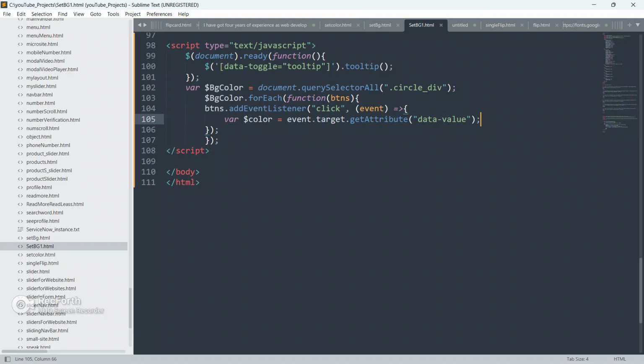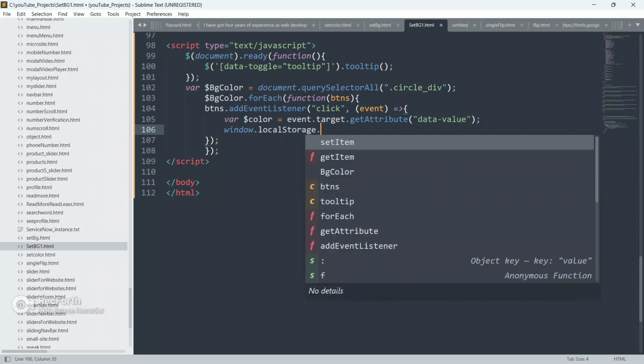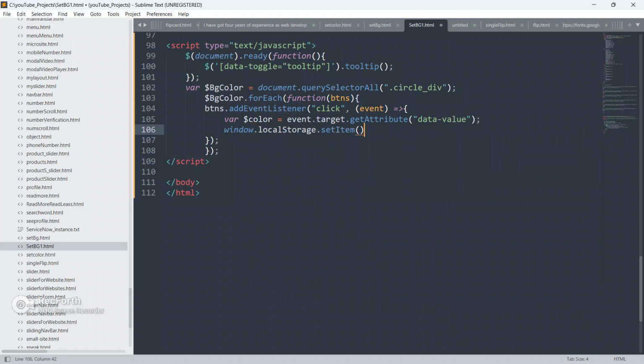So just go here now and we are going to set this background color as a local storage value. So window.localStorage.setItem. Which item, guys?